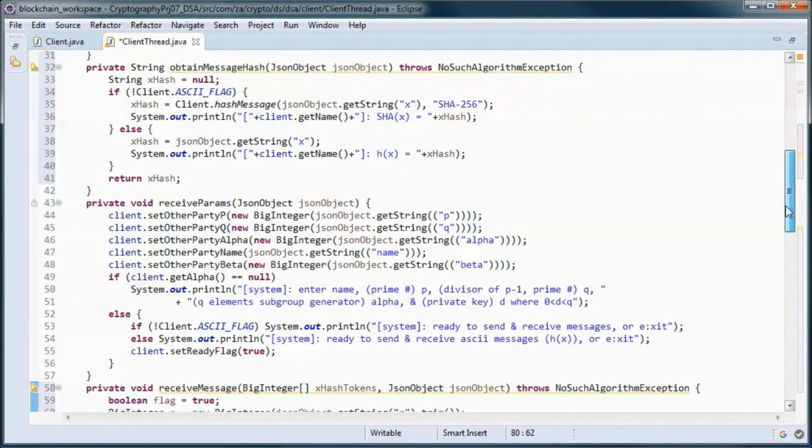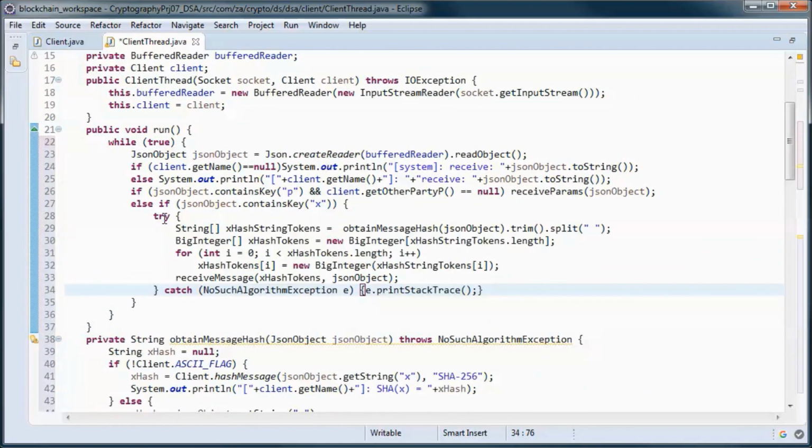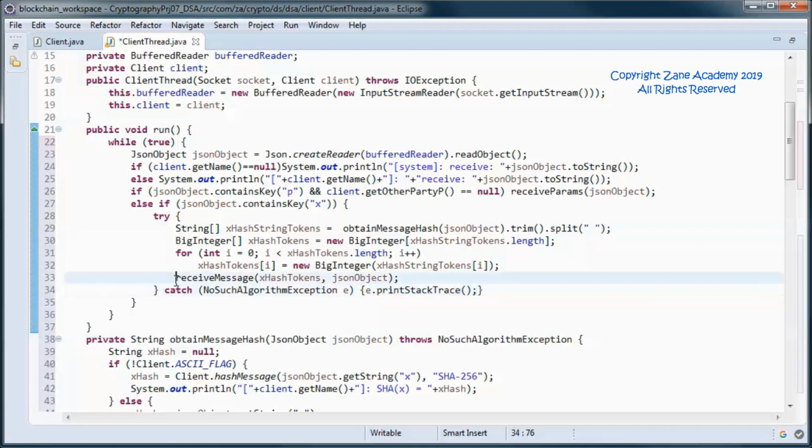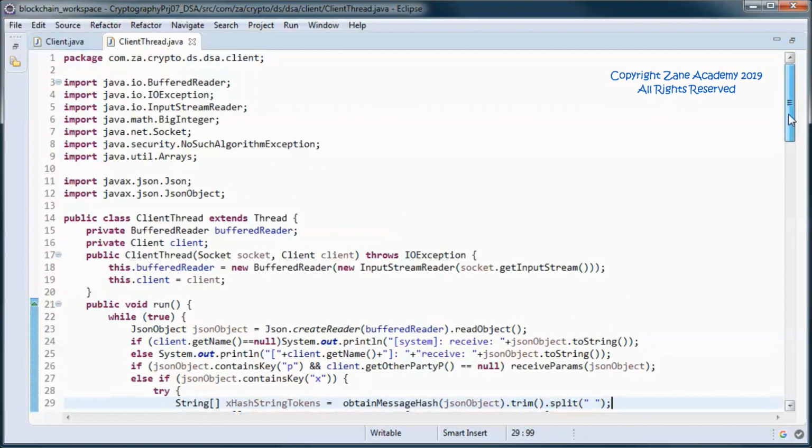And we end up calling this method from here. And here we obtain the message hash. So this should do it for this class.